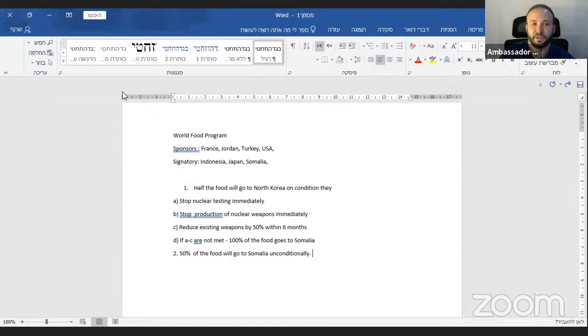Okay, so it's funny, given that Somalia wants food to go to North Korea, that Somalia could be the big winner, but maybe not. By the way, is there any other idea or draft that's on the floor at this time? Does anyone else have a draft that's ready? Nope. All right. So for next week, we'll already work on that. Okay. So let's start with